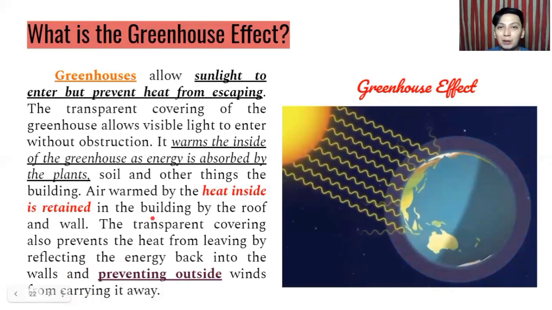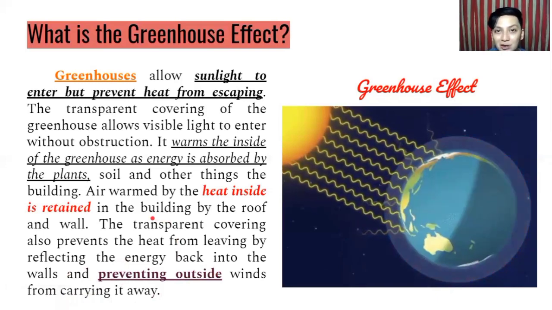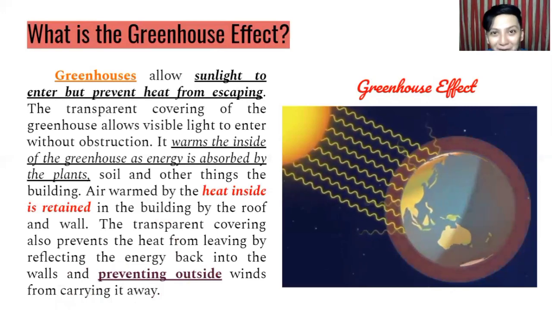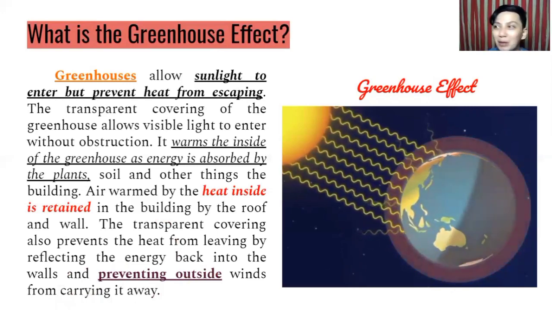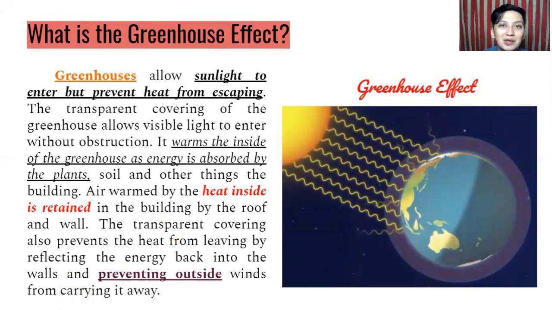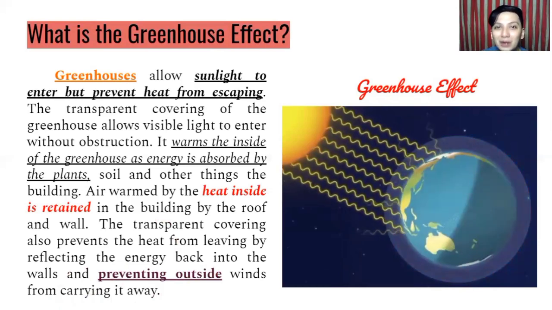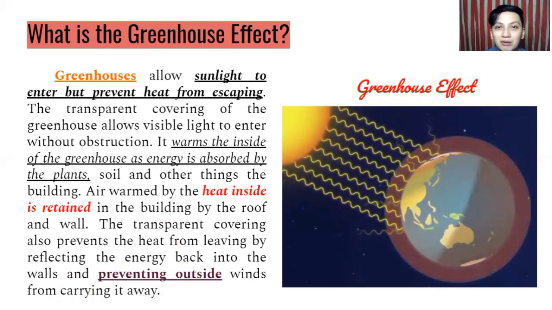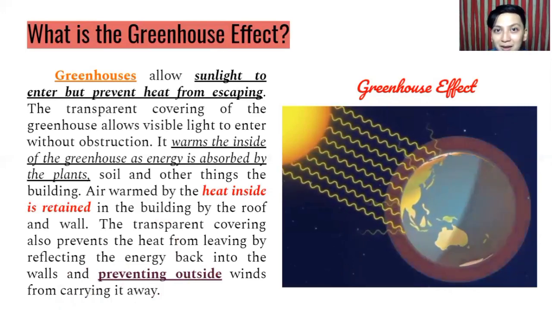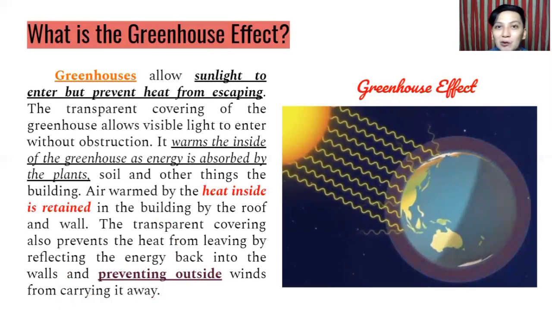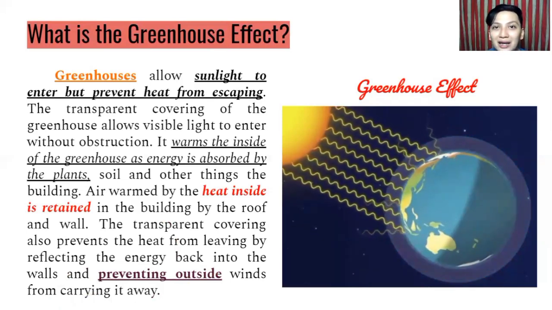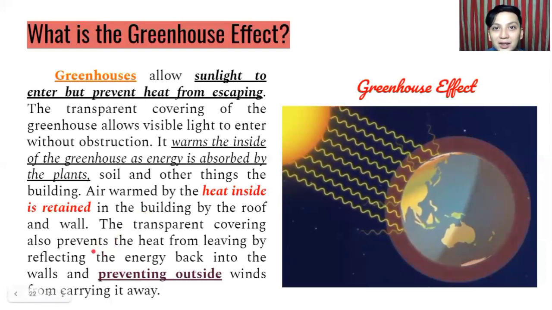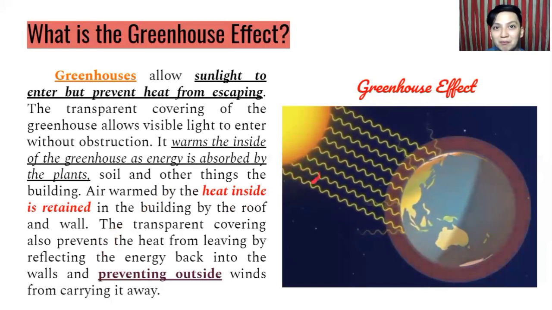So, yung clear part ng greenhouse gases, it plays also like the atmosphere. Kasi ang atmosphere natin is a clear covering, right? Tapos yung greenhouse naman, yung makikita nyo to sa Baguio, makikita nyo to sa mga taniman, yung clear na parang bahay, okay? Because that clear wall serves as the trapping effect. Okay, para mainitan yung loob ng greenhouse na yon na i-absorb at gagamitin ng plants and soil and other things inside that building for their growth and development.